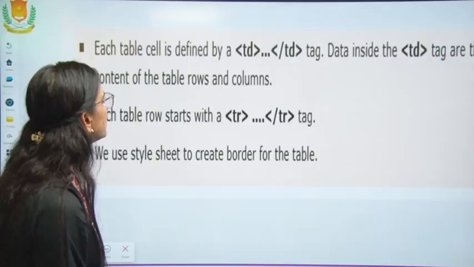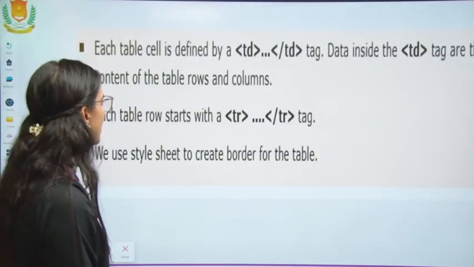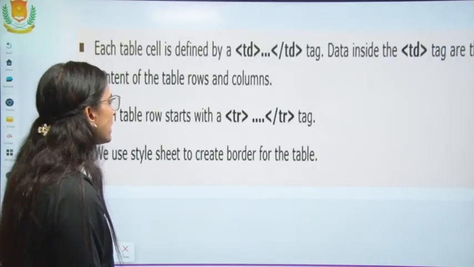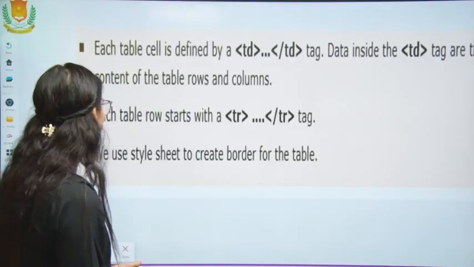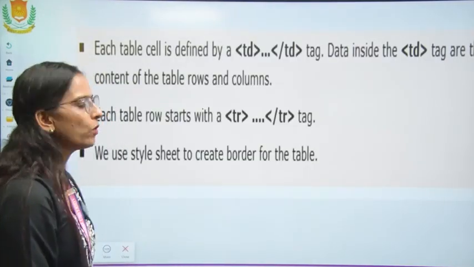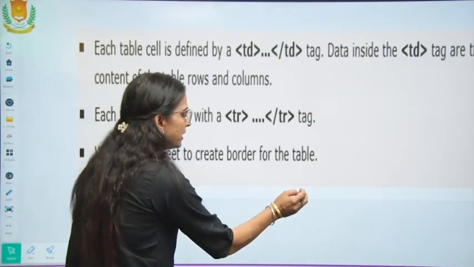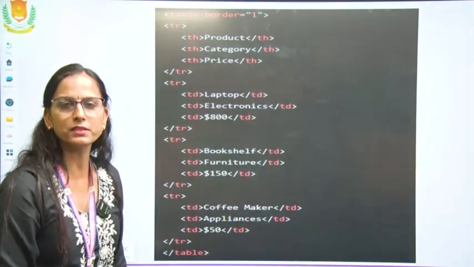Each cell is defined by the table data, and each table row starts with the tr tag, and we use a style sheet to create borders for the table. CSS is the Cascading Style Sheet.